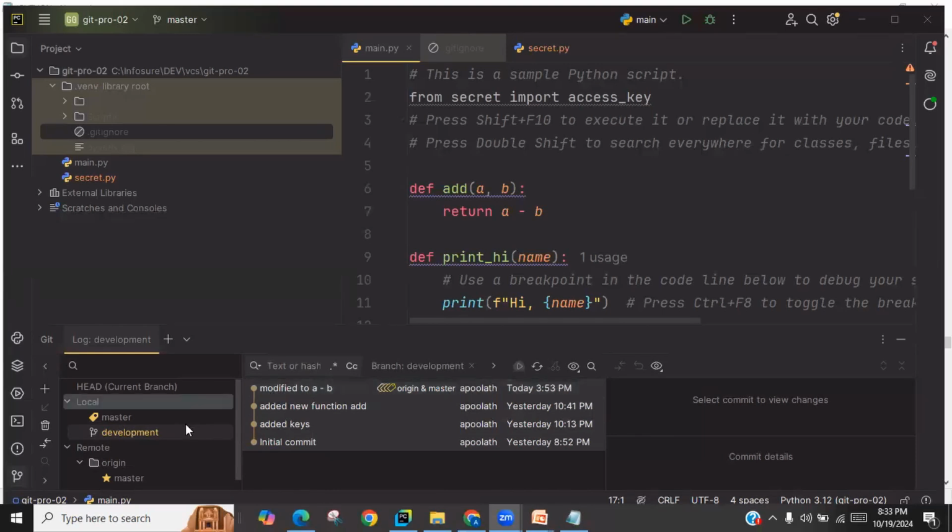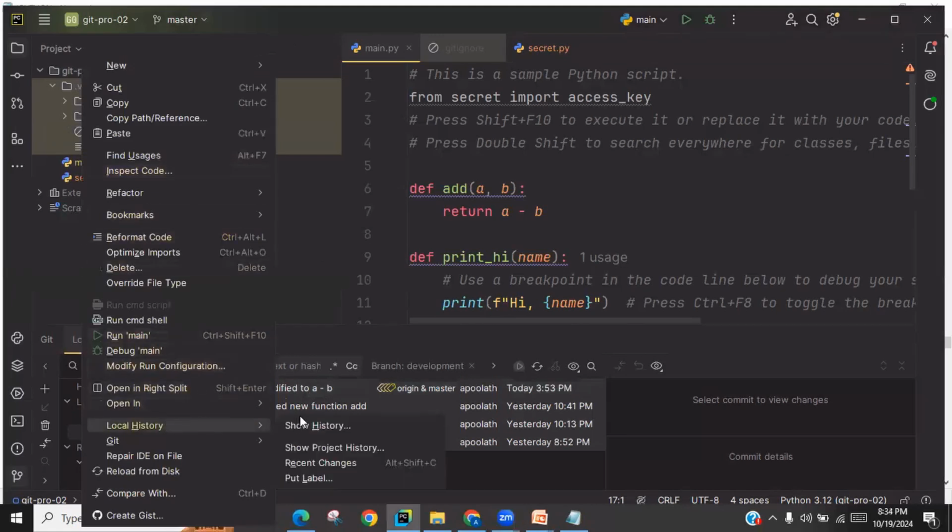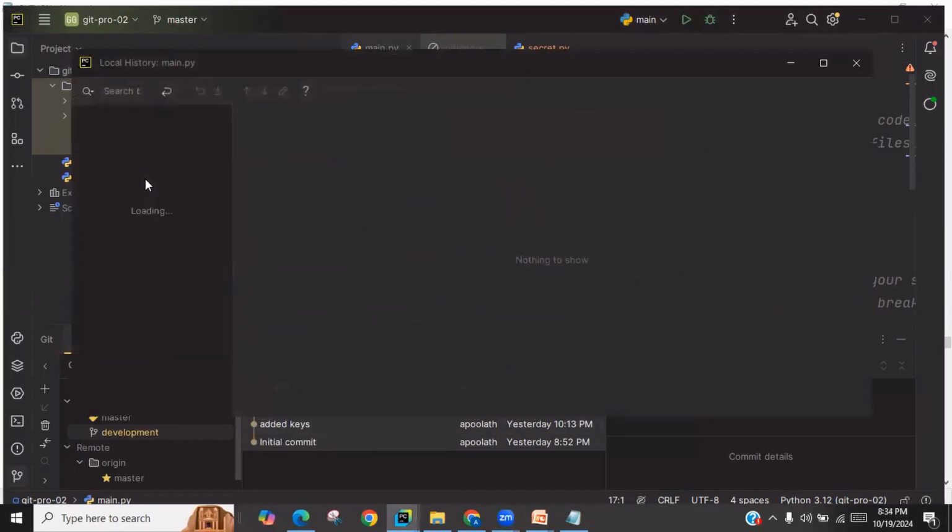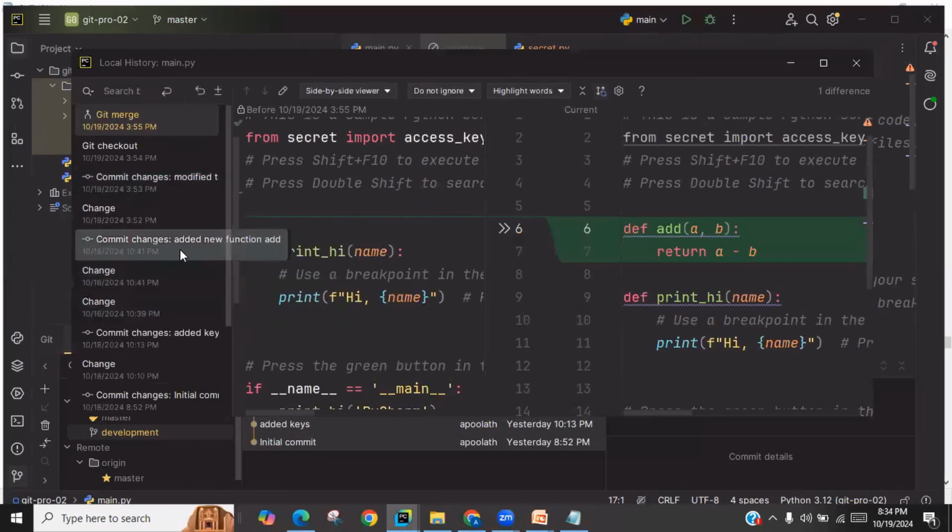So this file is modified. When you commit it, you can give some narrative text like that. That's what these texts are. And it got saved. When you commit, all that is there in the show history. See, added new function, and then changed and again committed. So modified to A minus B. And then what I've done finally is